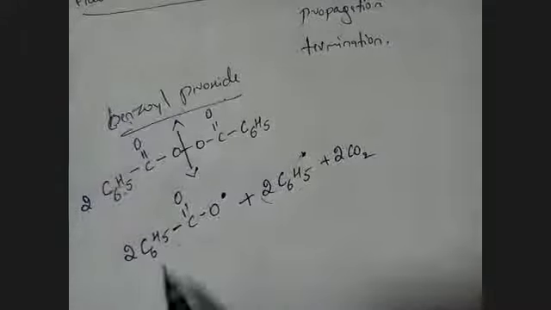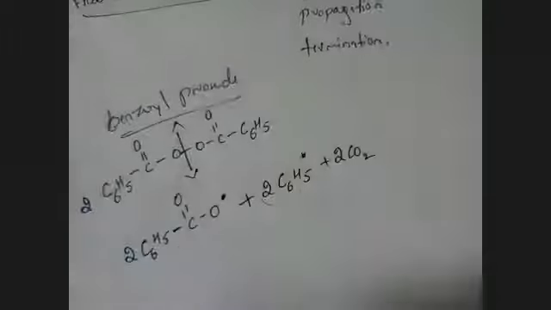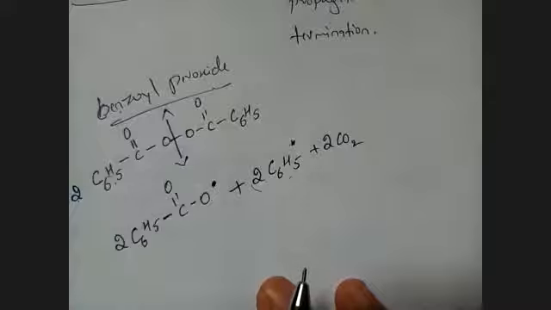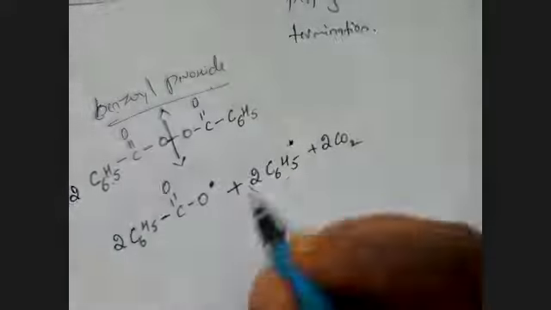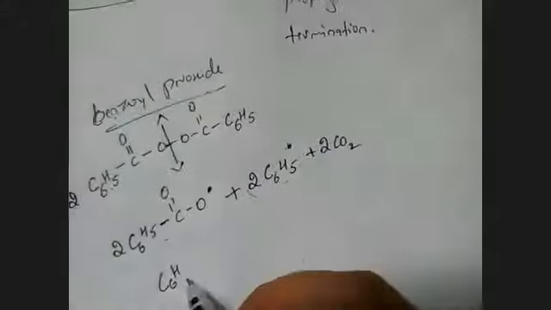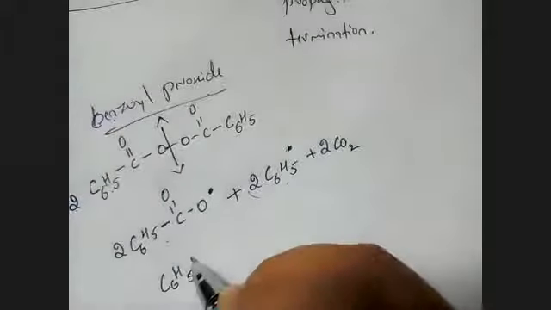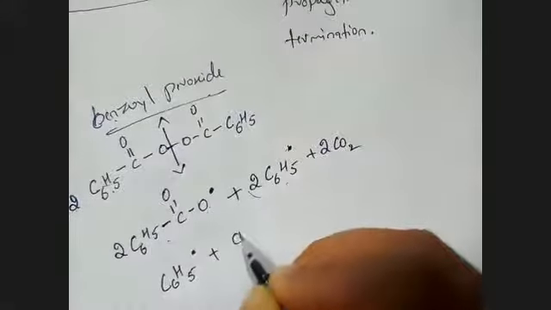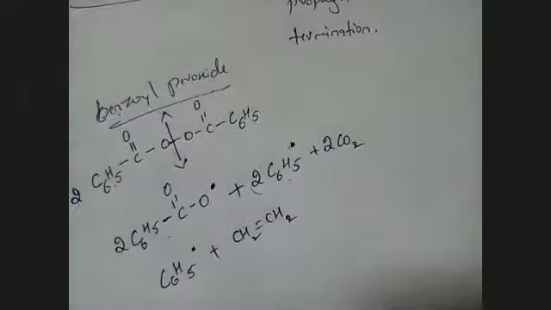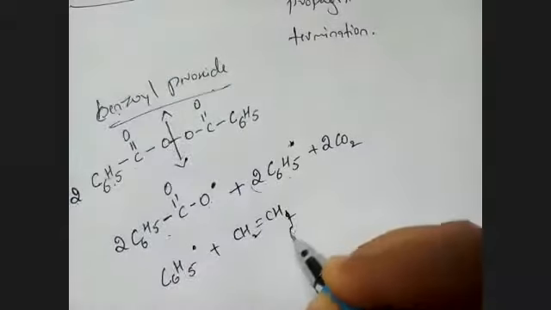Because of the presence of this free radical, what will happen? This will go and bind with another molecule. Suppose this is the free radical. First step is how you are making this free radical and how it will interact. So this is your free radical, right? I'll take any one, suppose I'm taking this ethene. You can write G here, this is the functional group. Otherwise I'll take methane here.